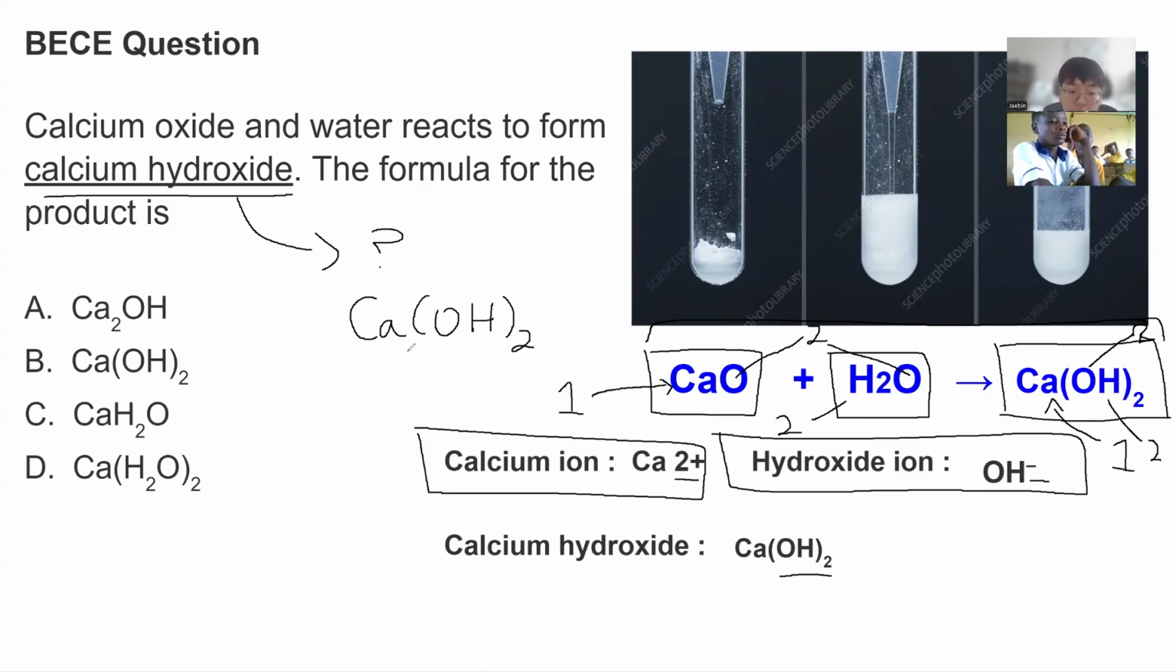So this product holds. You don't need to add multiple things. So our final answer is B, the same calcium hydroxide formula that we got. Again, this was a more difficult question, but